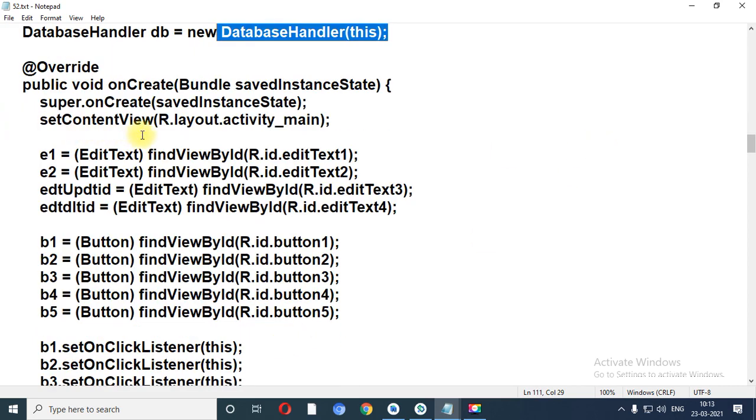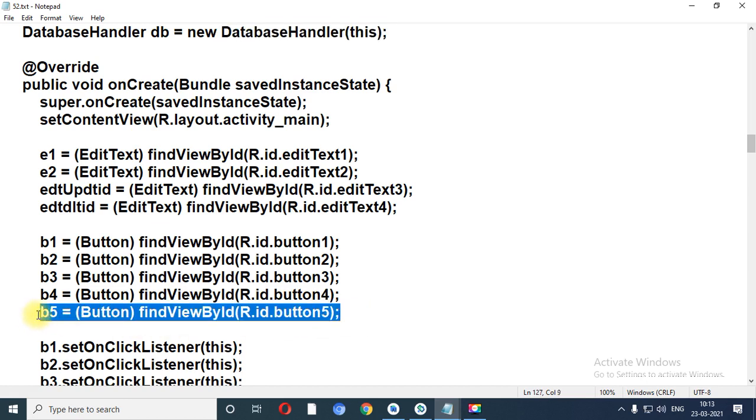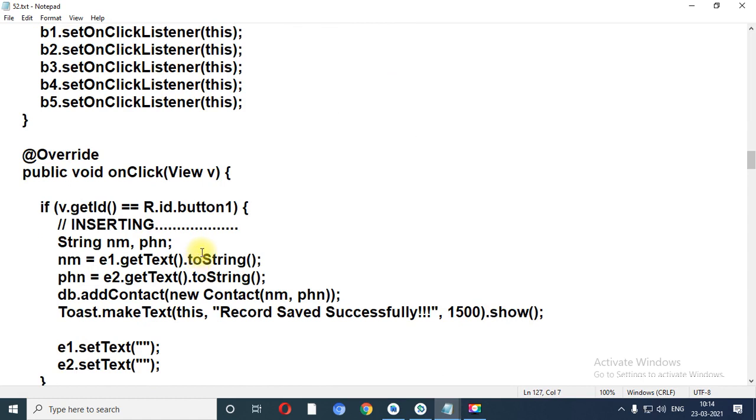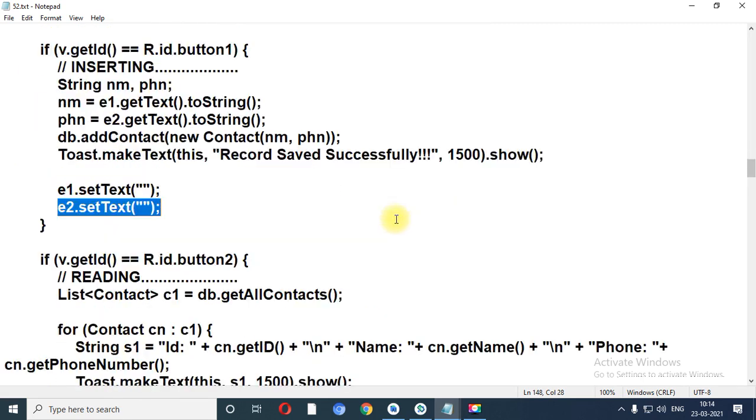In the onCreate method, we have created the object, we have done findViewById. Let me scroll down up to button 5. Set onClickListener for all the buttons. Override the onClick event. Let me scroll down up to e2.setText.